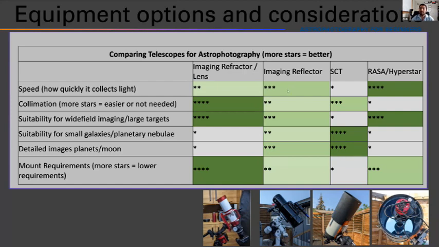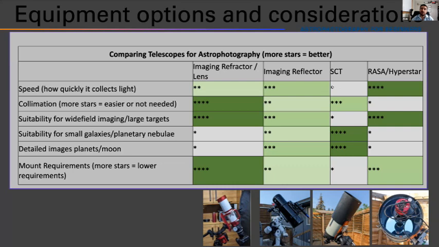Now, imaging reflectors, generally, these tend to be f4 or f5 focal ratio. So they collect light pretty quickly, faster than most imaging refractor telescopes, which is good. So you don't have to spend 30 hours collecting data. And this imaging reflector that I have in the picture here at number 2 position is an Orion 8-inch f3.9 reflector, and this has been my primary imaging telescope for a very, very long time. The reason I've kept it around for all that time is because it collects data very, very fast at f3.9, so I'm pretty happy with that.